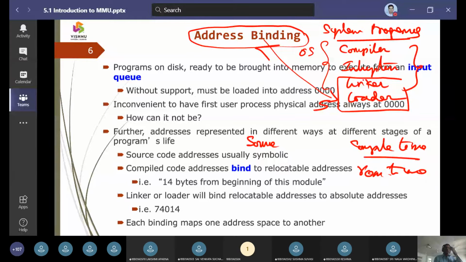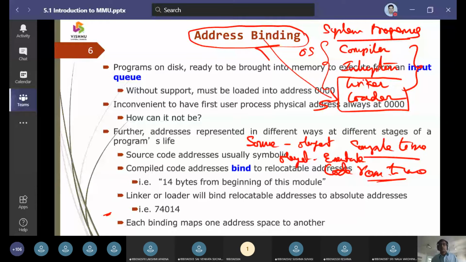And as far as runtime is concerned, things are converted from this object code to executable code. So compile time converts source code to object code, and object code to executable code is runtime. So that is the first and foremost thing we are going to bind. So binding is nothing but the number of addresses which are going to be created for the program, either at link time or at compile time.